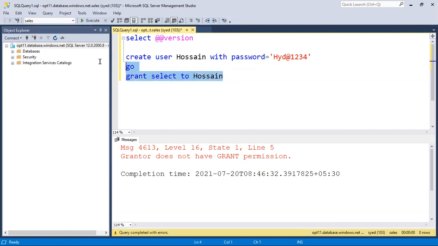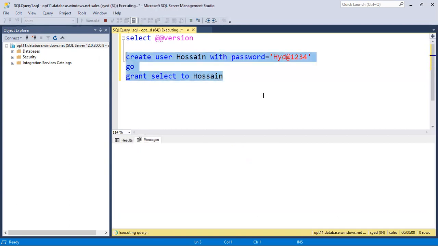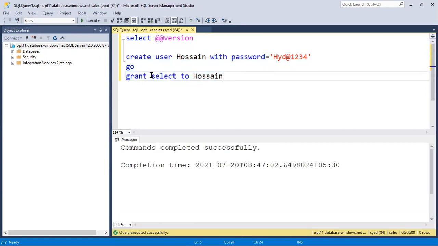Yes. Check here. So now remember he can connect to the database and start working with this database. Very simple. But from which machine he is connecting, that machine's IP should be added in the firewall. That's why by default, remember Azure SQL database is a contained database, where we can create a user with password directly.